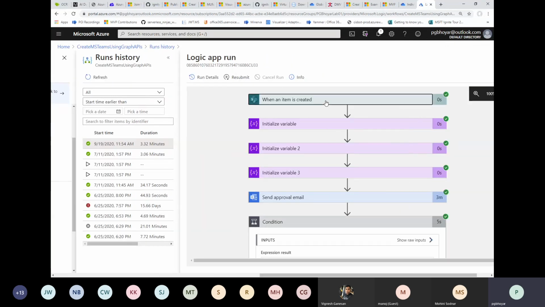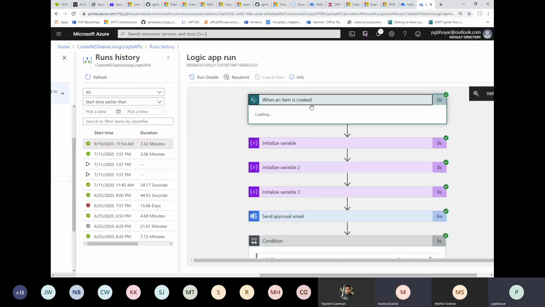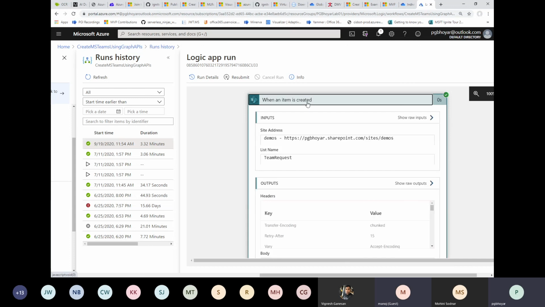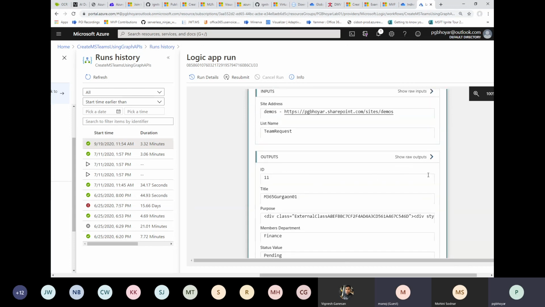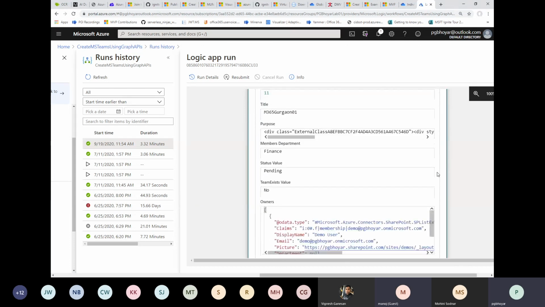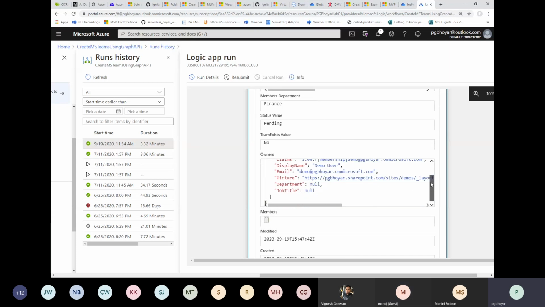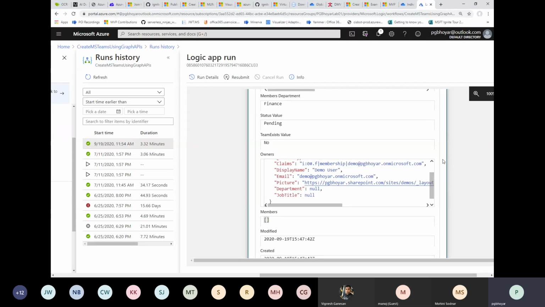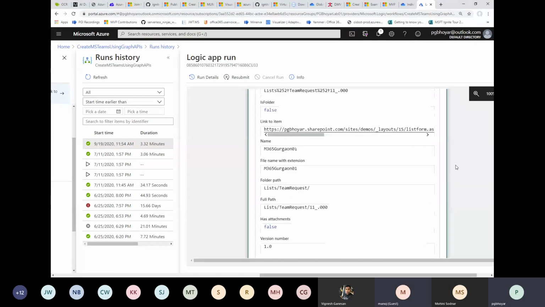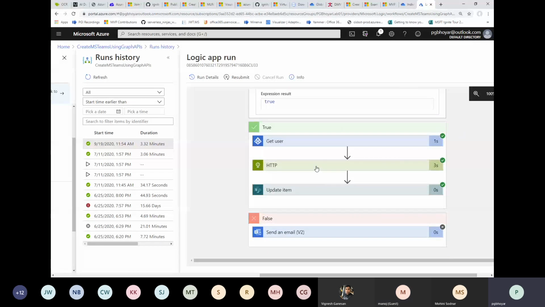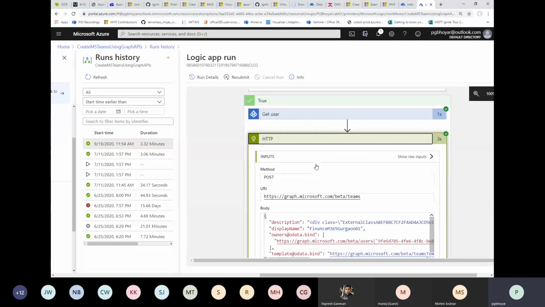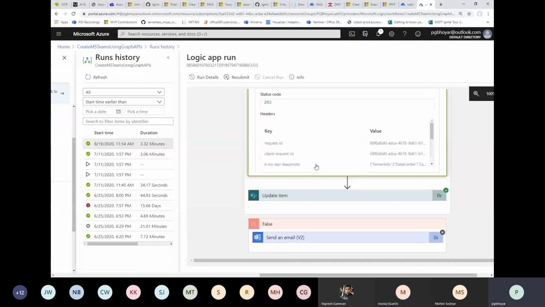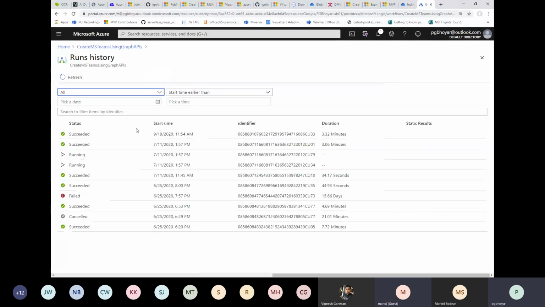If I expand this, I can see the entire information and what kind of values or what kind of JSON came back. This is really helpful when it comes to debugging as well. If I scroll down, and I'm interested in finding out about the HTTP call, you will see the entire information there. Another way is you can go to the run history, and in the run history you will see